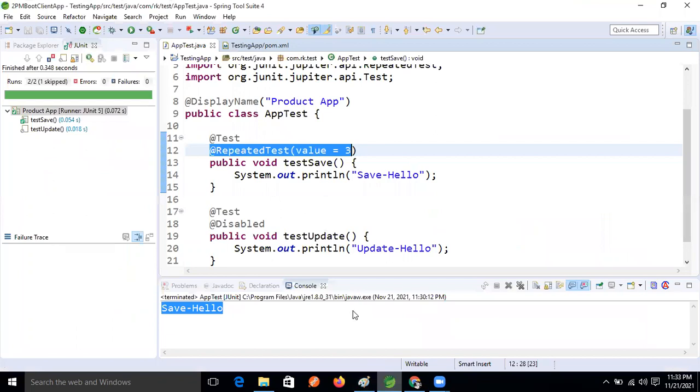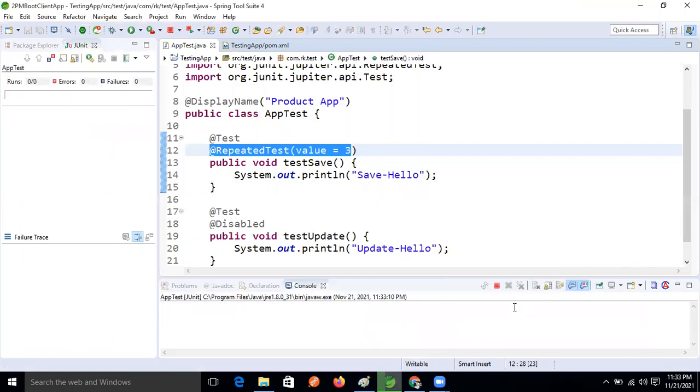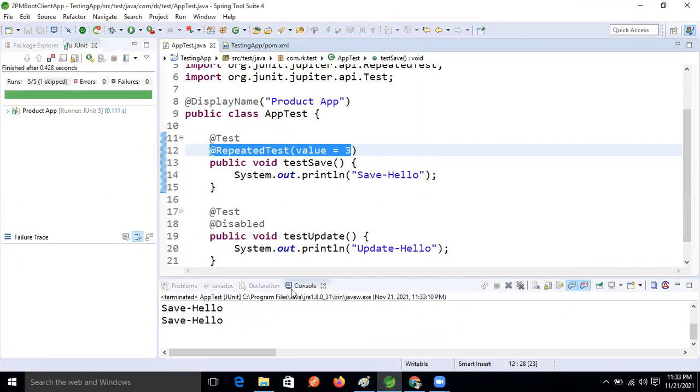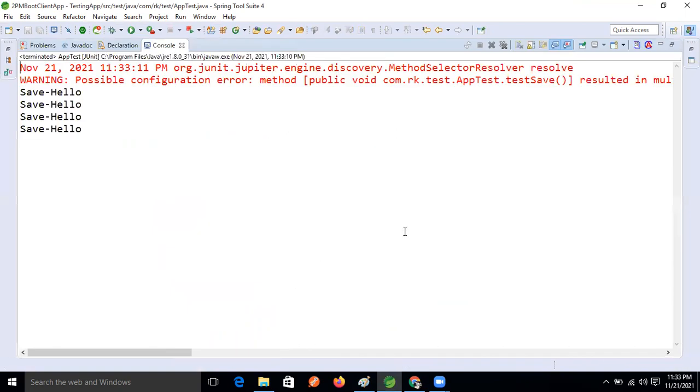Now run this one, JUnit. Don't worry about the red color. See this, it's showing 4 times. Why?